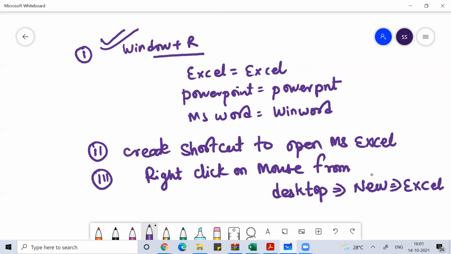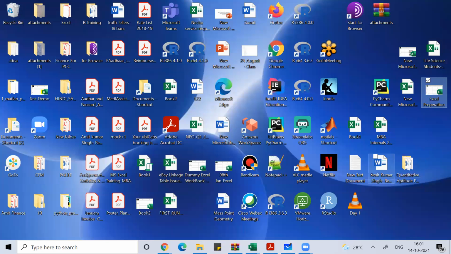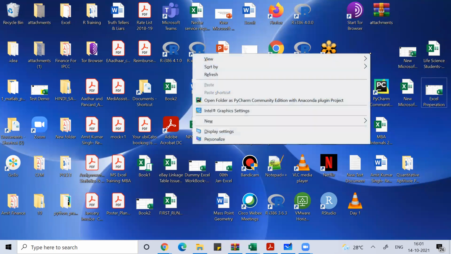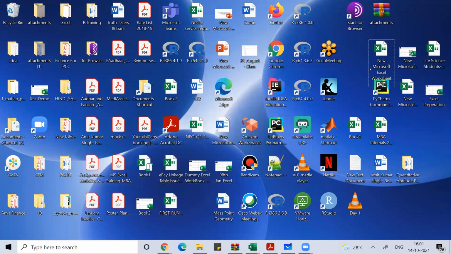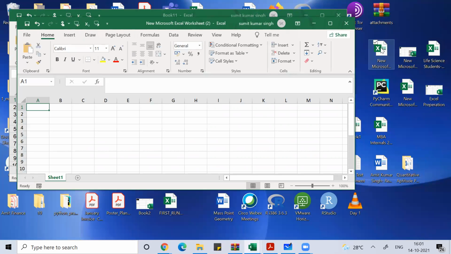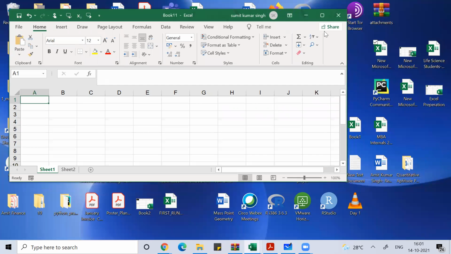So you can do this also to open MS Excel. Under New, you find the MS Excel worksheet, and then you just double click on that. An icon will be formed on the desktop, and then you can open MS Excel. Clear everyone? Anyone, any doubt, any question?